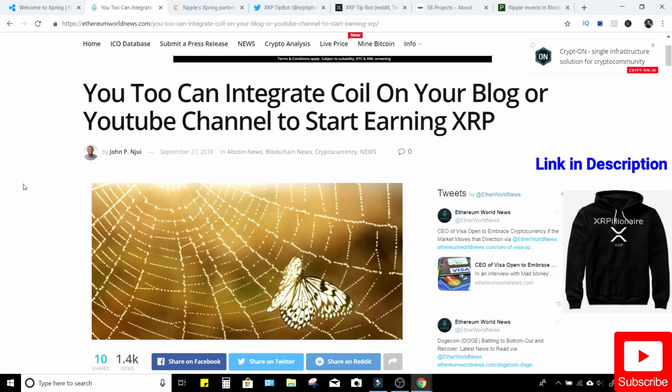It's really decentralized to allow freedom of information so that content creators no longer have to be censored on whatever medium they use. If you're on YouTube and you're talking bad about YouTube, they might get rid of your video. But with Coil, in a decentralized space you can still get monetized and still get paid, and you don't have to worry about being censored